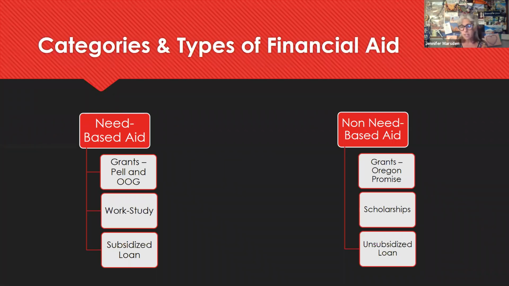Same with many scholarships. Some do look at financial need, but most scholarships are based on merit, whether it's academic, participation in athletics, theater, robotics, community service. Senior year, we talk a lot about all the scholarships available to Ashland students, and there is definitely something for everyone. And then at the bottom of that, again, is what I mentioned, that unsubsidized loan that the federal